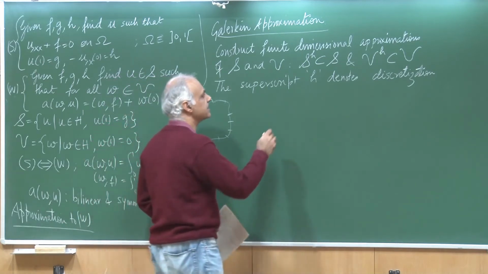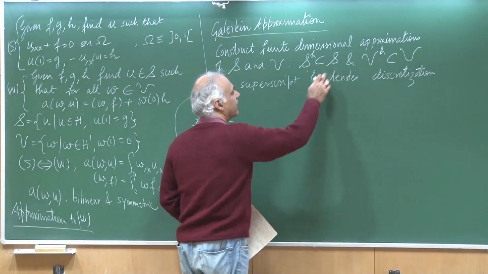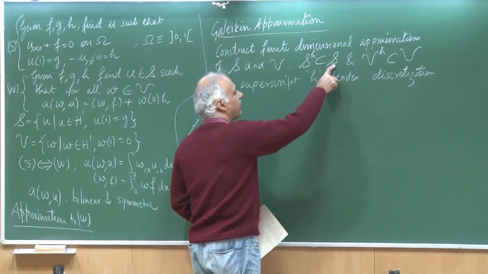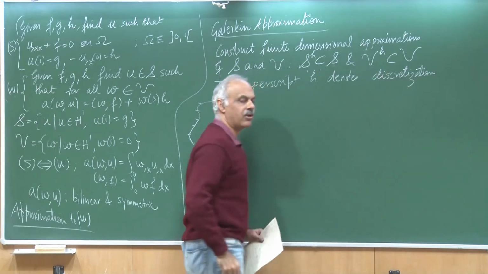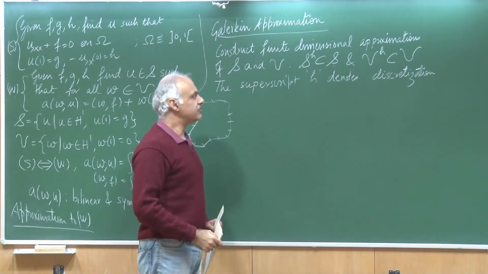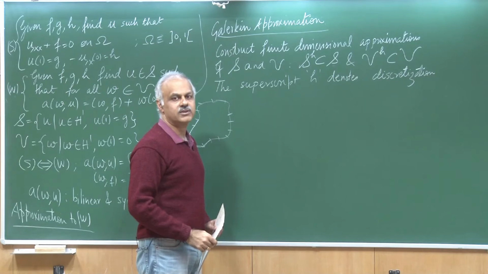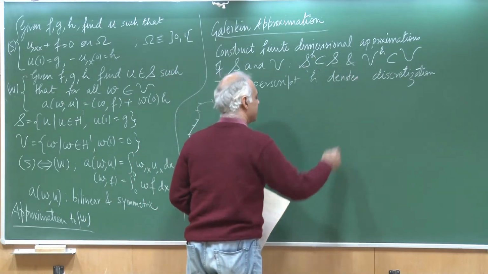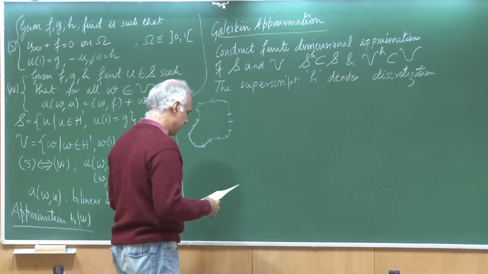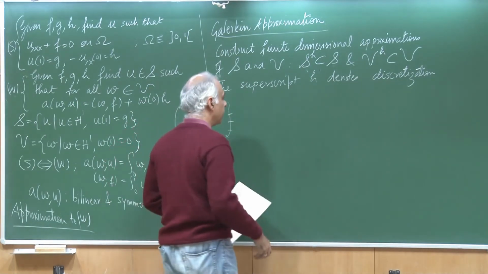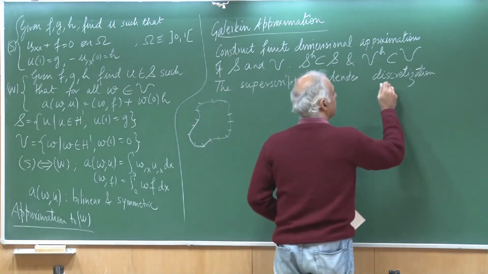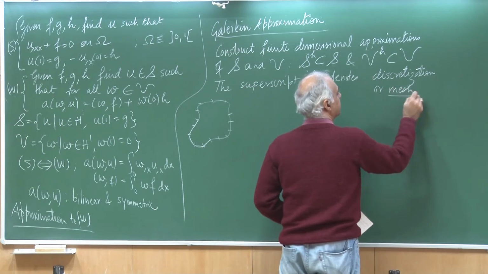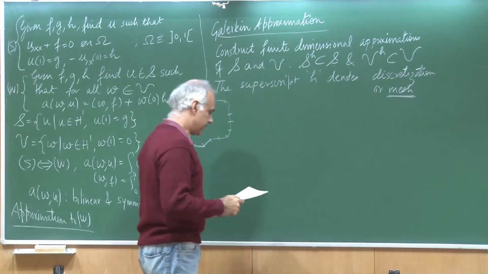But the whole idea is that whatever functions belong to S and V, the u's belong to S and the w's belong to V, these functions will now be approximated to a certain order, okay? And that's the finiteness, or the finite dimensionalness, of the space. So, we are also going to talk about the discretization, or for that matter something called a mesh, and we will talk more about it.